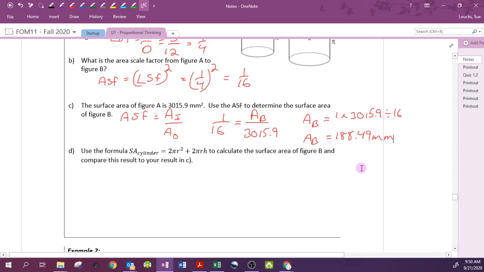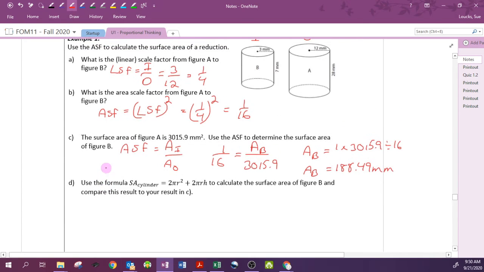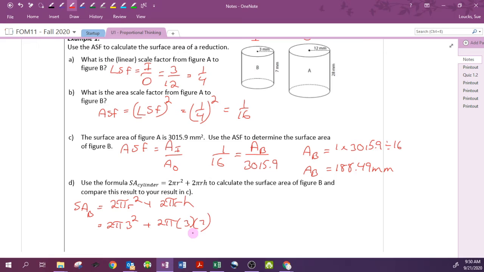Okay. All right, let's use the formula to calculate the surface area of B and compare it. The formula for the surface area of a cylinder is 2 pi r squared plus 2 pi rh. So the surface area of B is 2 pi times 3 squared plus 2 pi times 3 times 7, right? I just plugged in those values that I got from the drawing. And if I put that into my calculator,